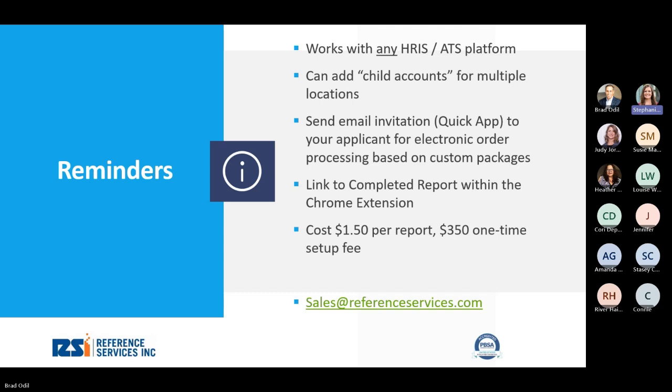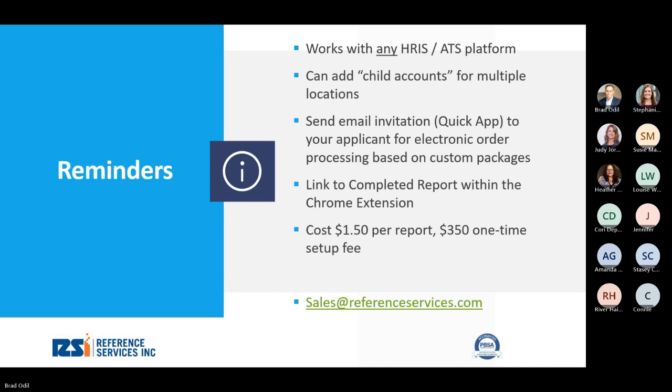Okay, thanks, Heather. So now just a few quick reminders, a recap of our session today. The RSI Google Chrome extension will work with any HRIS or ATS platform, and we can add child accounts for multiple locations. It will send an email invitation using QuickApp to your applicant for electronic order processing based on the custom packages that we would set up for your account. The extension will have a link to the completed report, and the cost would be $1.50 per report and a $350 one-time setup fee. If you're interested in adding this option to your account, you can contact your account manager or you can email